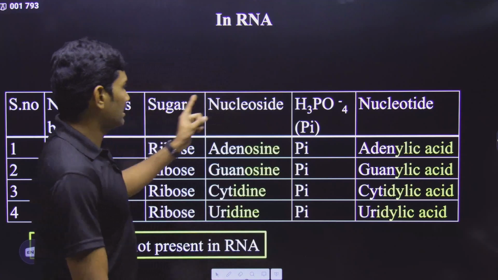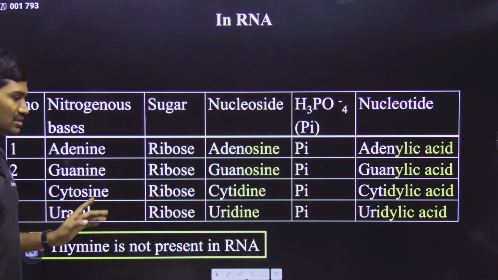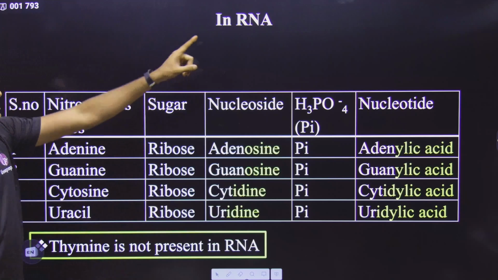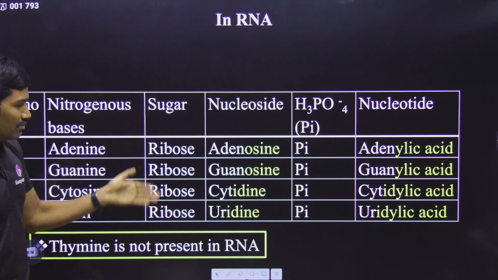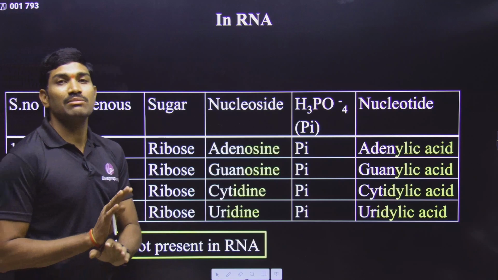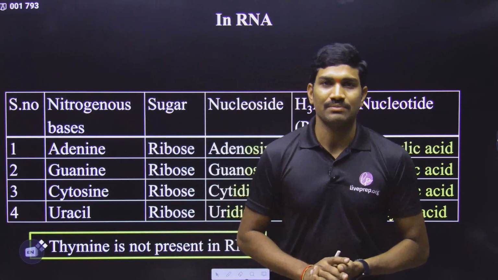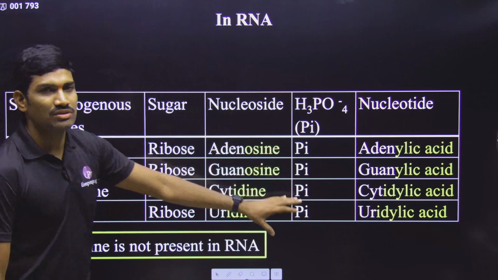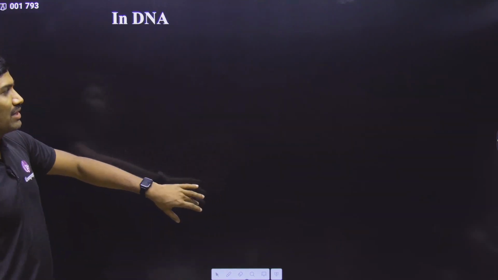So the same thing I have written here. Is this clear? Observe it very carefully. Please remember, since we are talking with respect to RNA, we are talking about ribose sugar. So that's why we should not talk about thymine, because thymine is not present in RNA. Clear? Once you have understood all these names, we need to make the same type of table